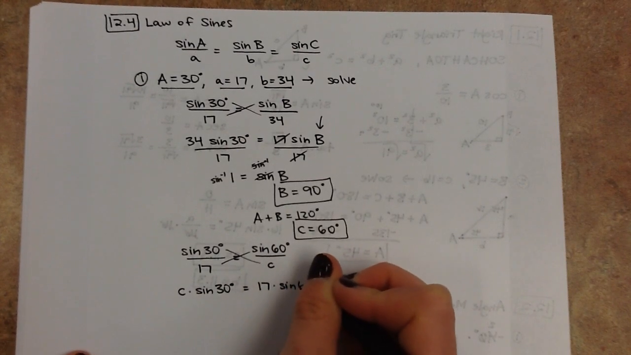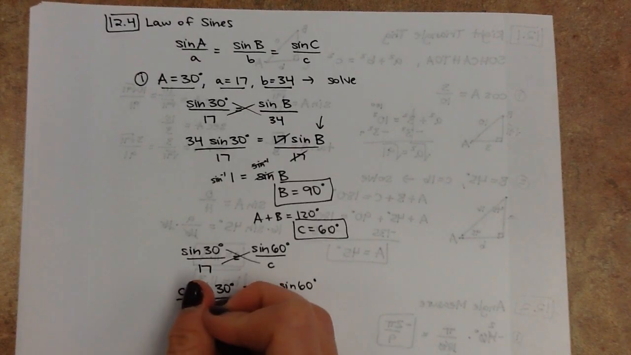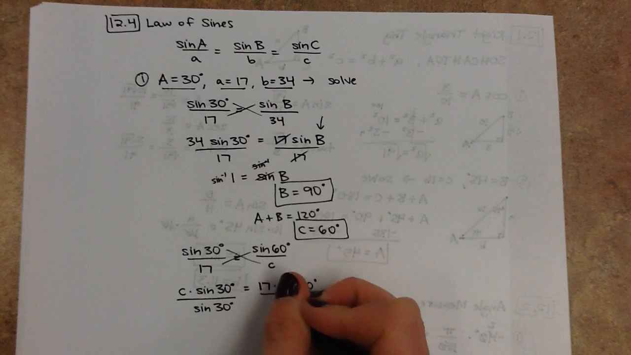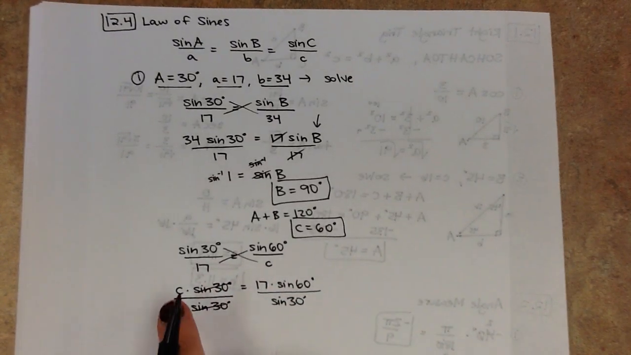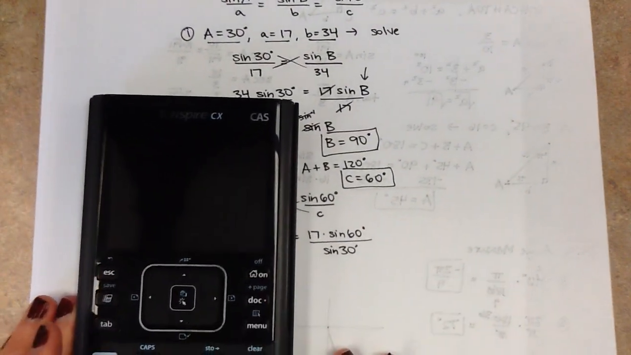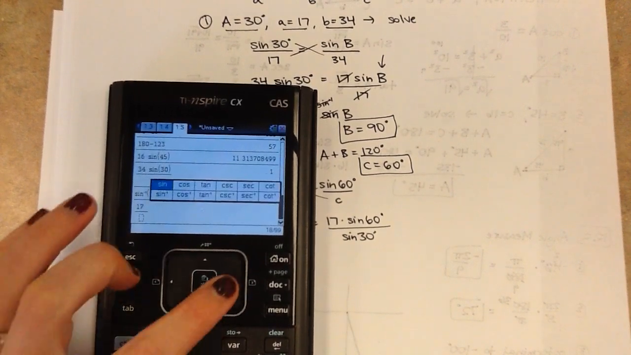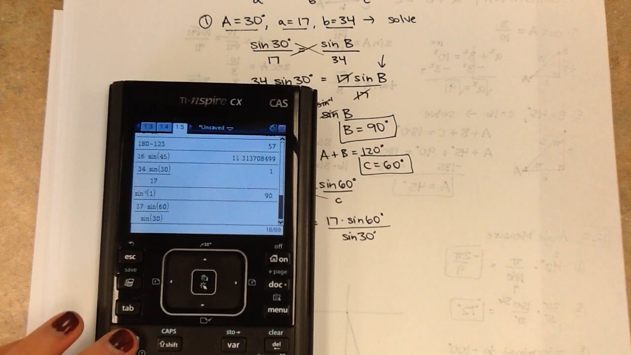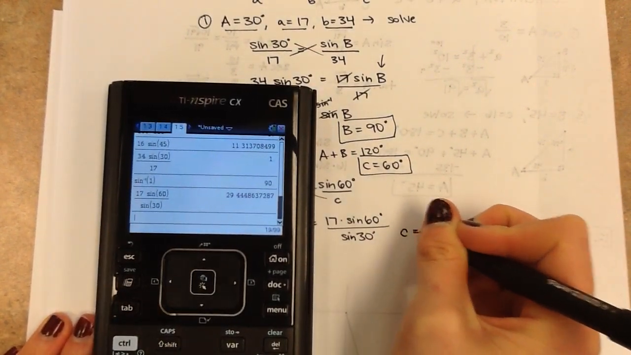of 60. Okay, so I want to get this value of C by itself, so I'm going to divide both sides by the sine of 30. Okay, now whatever these numbers are, they cancel. I'm going to get C by itself if I just plug this into my calculator. Okay, so set up another fraction, 17 times the sine of 60 over the sine of 30. Okay, so we get this. So little c is equal to